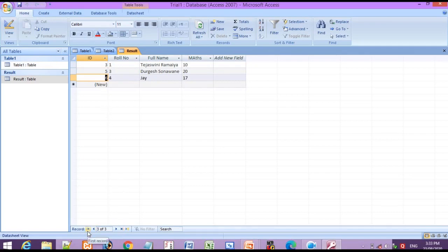This is used for moving to the previous one, that is the first one. Then to move to the first record, this key is used. If you want to move to the next, just click over here. If you want to go to the previous, click over here, and you will move to the previous. Then the next one is add new record. If you want to add a new record, you can use this and add a new record. Here you can see the word new is blinking.